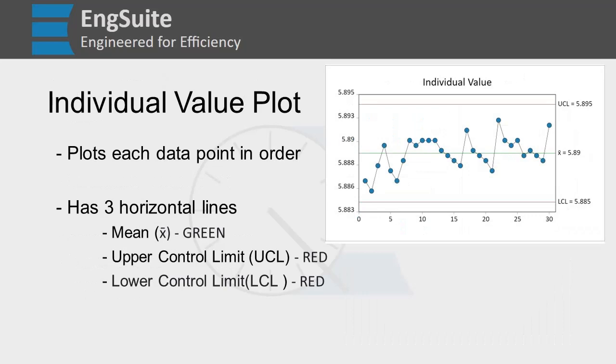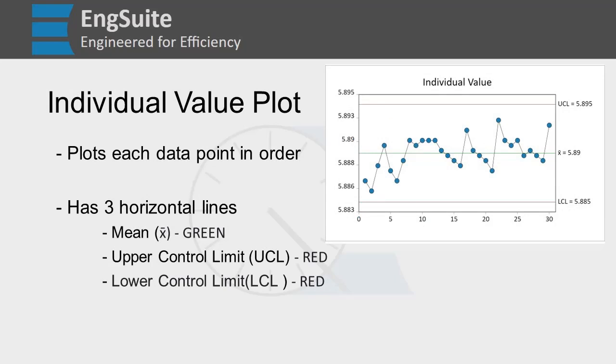So the first chart that we're going to take a look at is the individual value plot, the IVP. This is a pretty simple and straightforward one. It just plots each data point in order. So the x-axis here is the order in which they are measured or they're put into the software. And the y is the actual measurement, with the larger values on top, the lower ones down